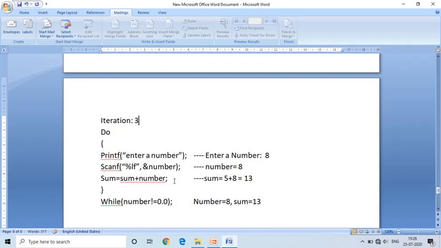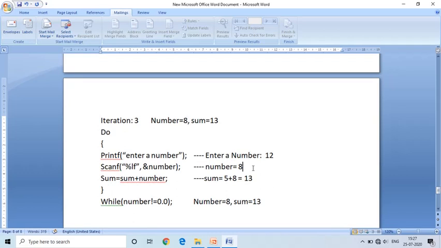Before starting iteration 3, the variable values are: number consists 8, sum consists 13. It enters into the loop and prints enter a number. Now we will enter the number as 12.